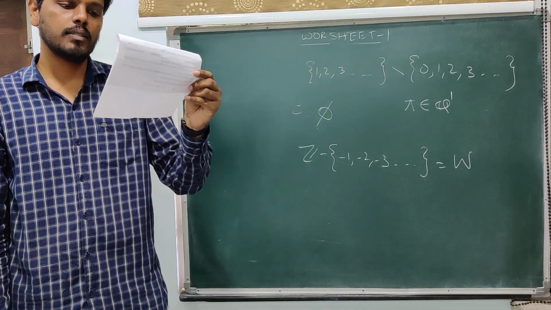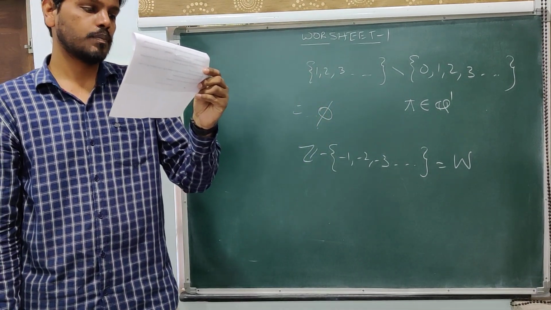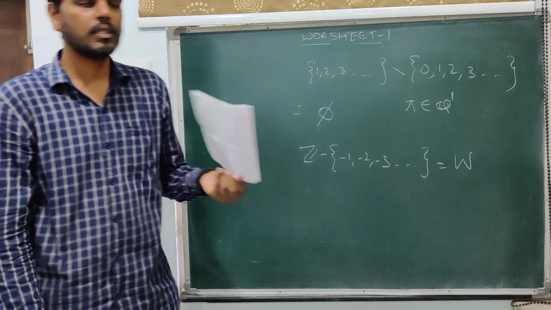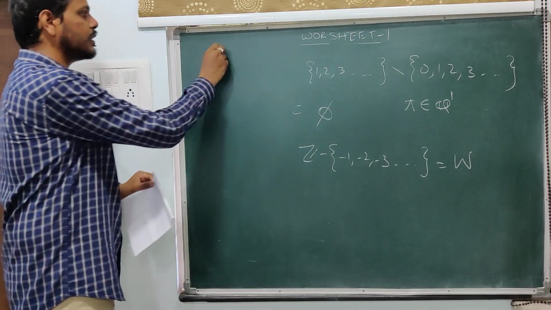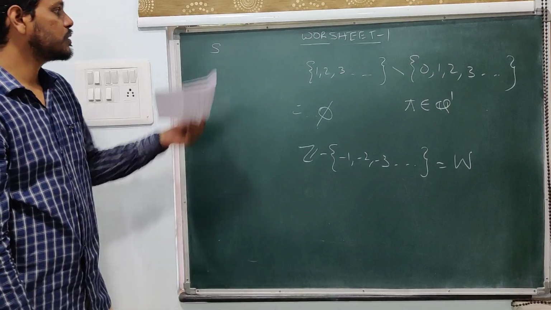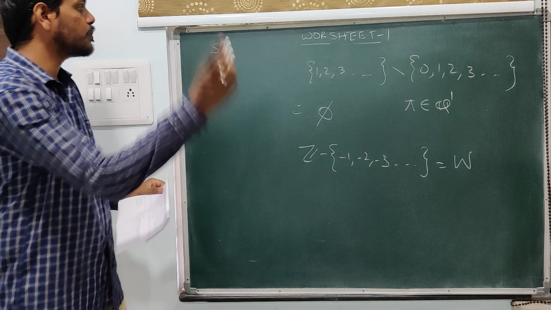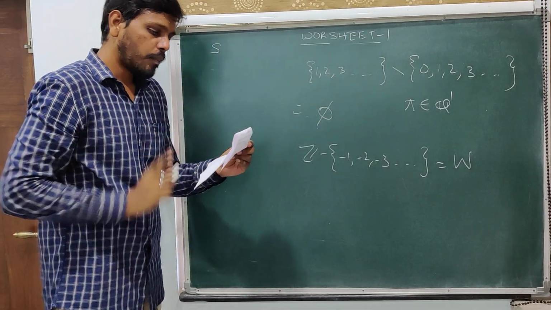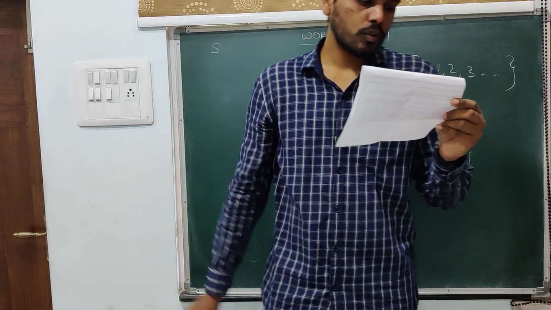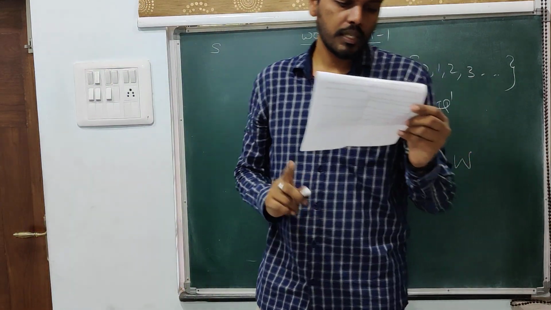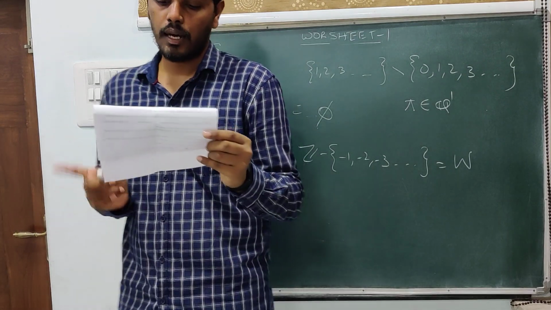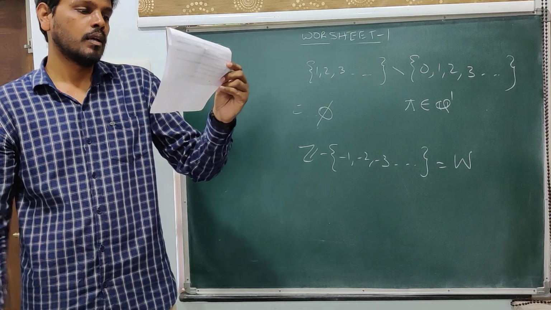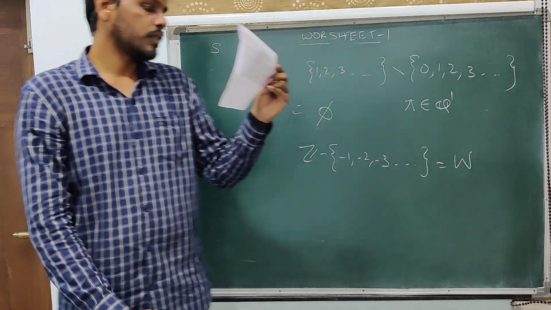Next, R is a universal set with respect to N, W, Z, Q and Q dash. Now this is correct. Universal set is any set. Suppose you have a set S and there are some sets which are considered under S. Then with respect to those sets which you are considering, S is called a universal set. So similarly apply the definition over here. Now with respect to R, N, W, Z, Q, Q dash are subsets of R. Therefore R is called the universal set in that case. So that is true and that is your explanation. So the definition will give you the explanation further.